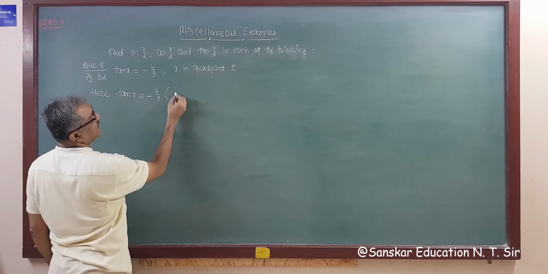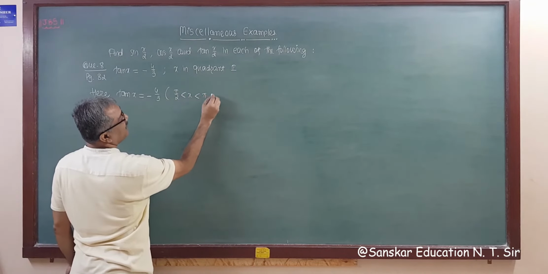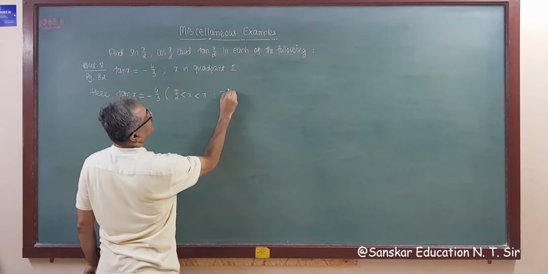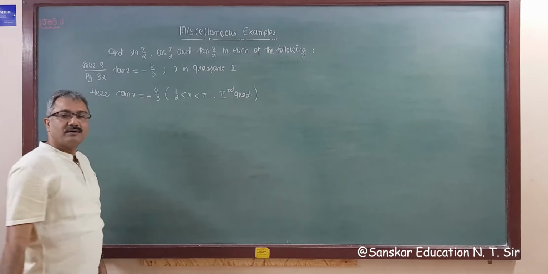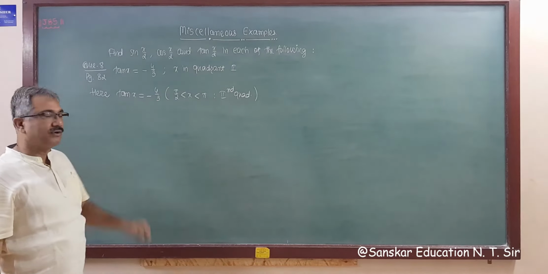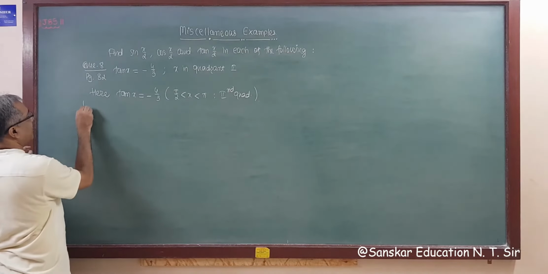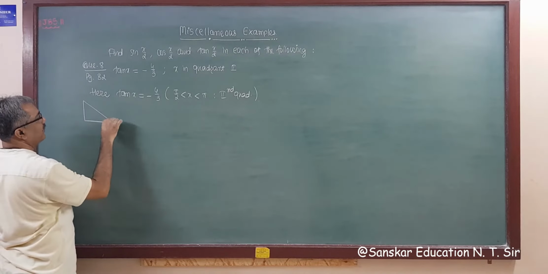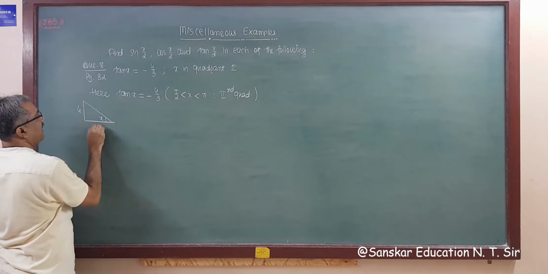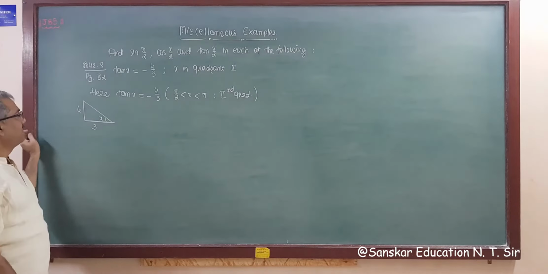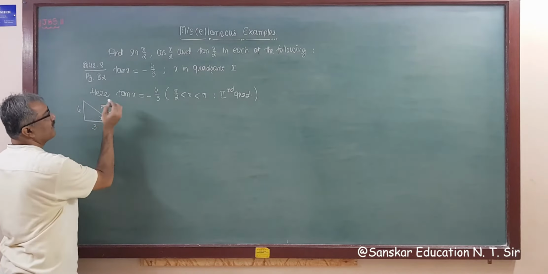x is in the second quadrant. Second quadrant means pi by 2 is less than x is less than pi. Either you can write this or write second quadrant directly, that is also fine because x lies in second quadrant, as it is given. So tan is also negative. Now draw a right angle triangle. This is your x. Tan means opposite by adjacent. So this is 4, 3, then this is 5, that you know.